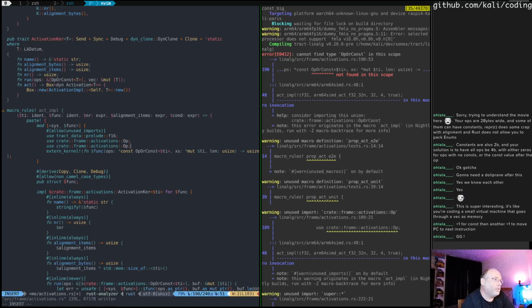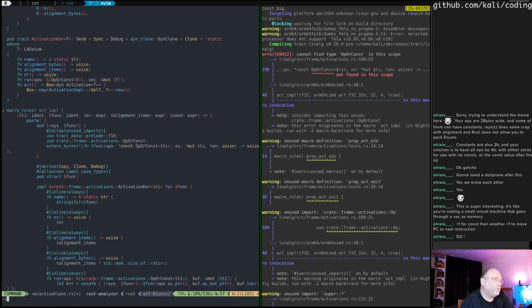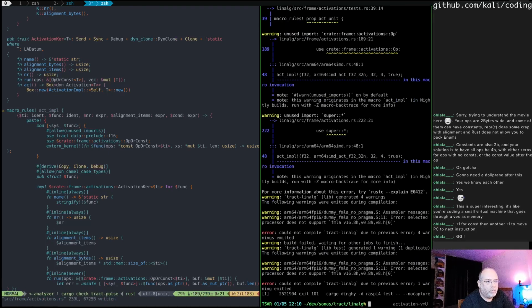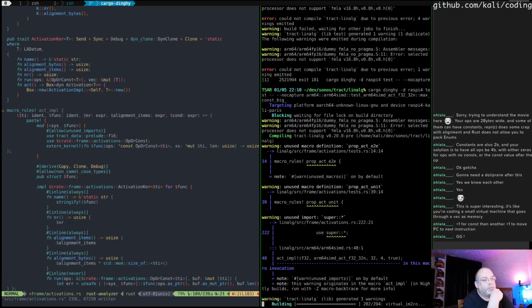Yes, op or const. I probably no longer need this one, and I should use create in this context because we are in a macro, and even if the macro is not supposed to be used outside, it's more consistent at least. Okay, looks good. I mean, it's compiling,